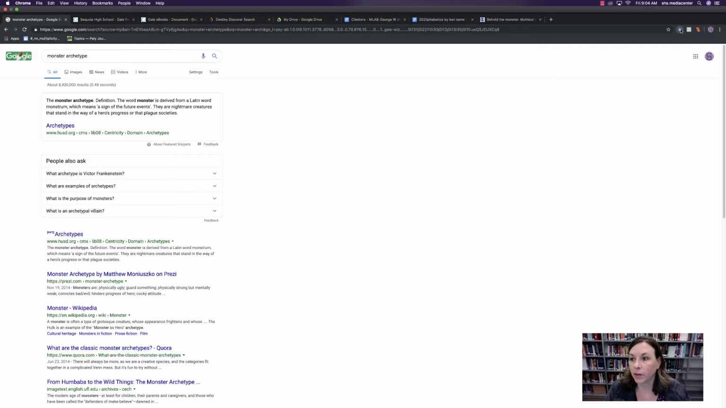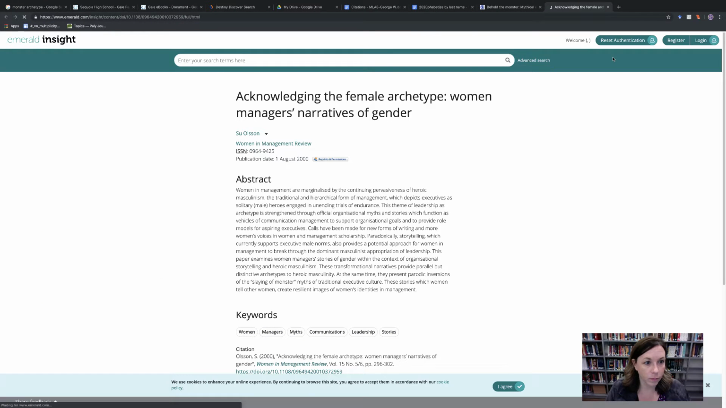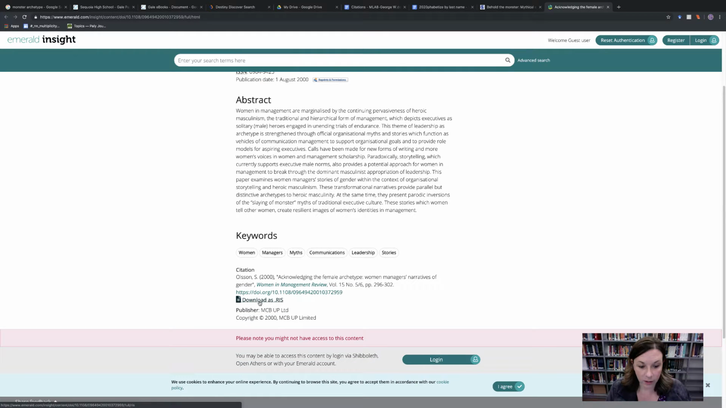Let's go back here, and let's go back to that first example, acknowledging the female archetype. And that took me to another abstract as well, okay? So remember, this is the abstract, which is just the summary of the article. It's not the entire article, so you'll have to look down to see if you can get the entire article. But you'll also see that the citation is here. So you have the title, you have the author, and you can go ahead and then search that in other